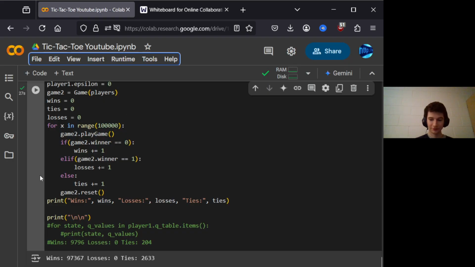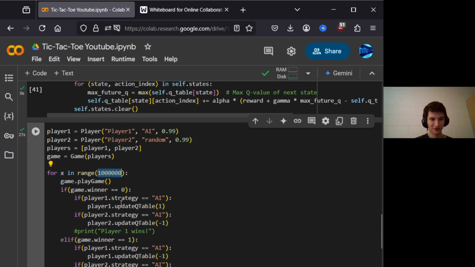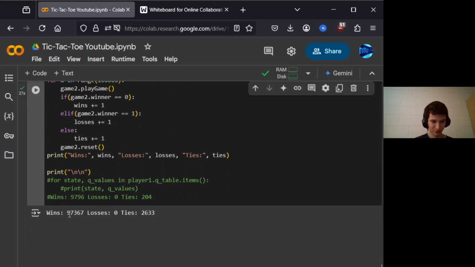There we go. After training for half a minute with 1,000,000 training games, our bot wins 97.3% of the time,